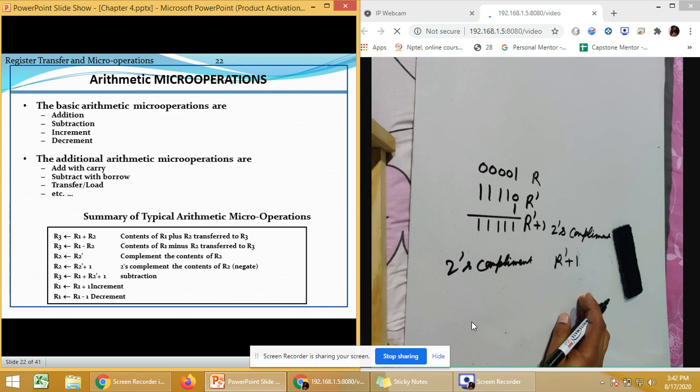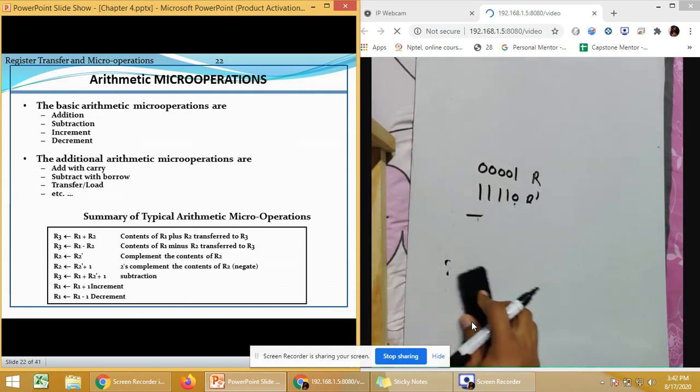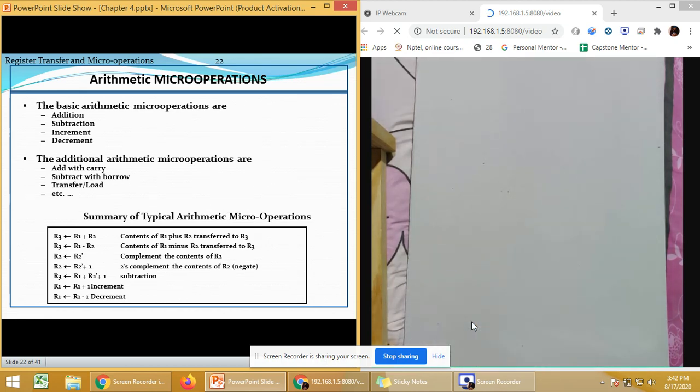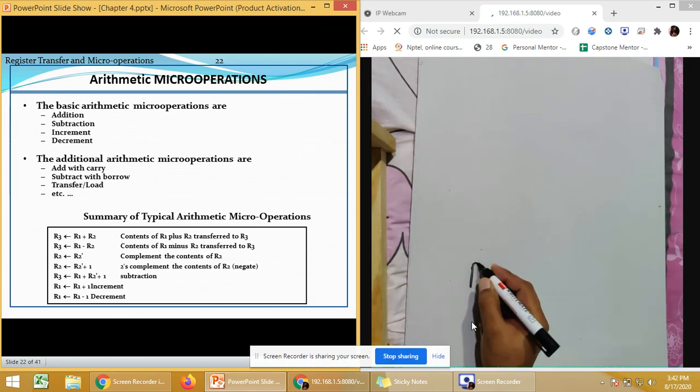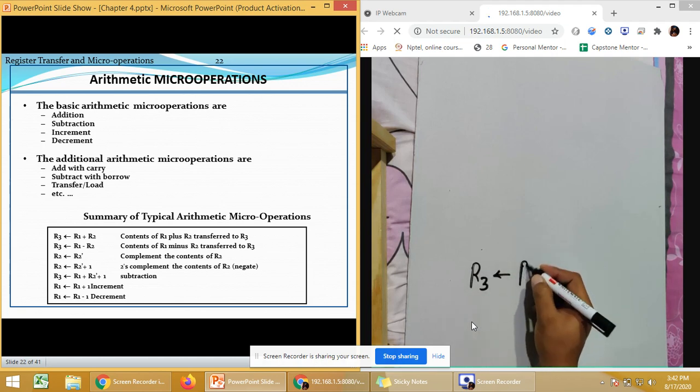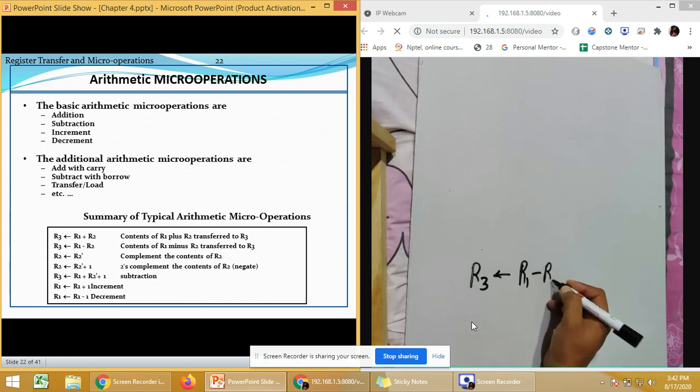Now we have some other operations as well. If we want to perform subtraction, as we discussed in the starting classes, your computer is only aware of performing addition. It can't perform anything different from that. So if I have R3 to be stored and I want to perform R1 minus R2, we can't directly perform the subtraction.